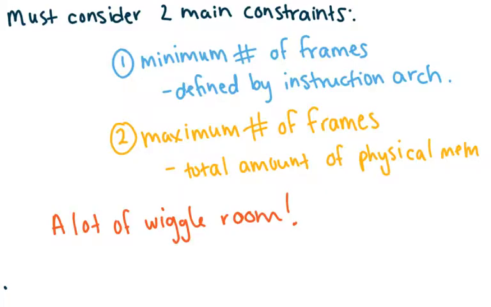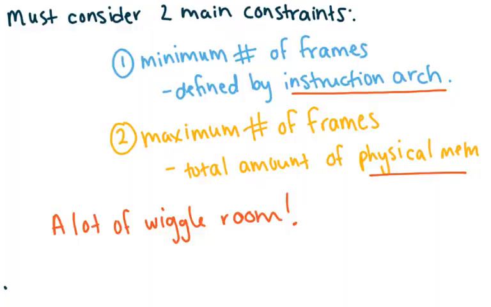Then we're going to have a maximum number of frames, which is just the number of frames in our physical memory. So that is a lot of wiggle room. But those are really the only two constraints we have, and so we need to figure out a smart way of allocating these frames,